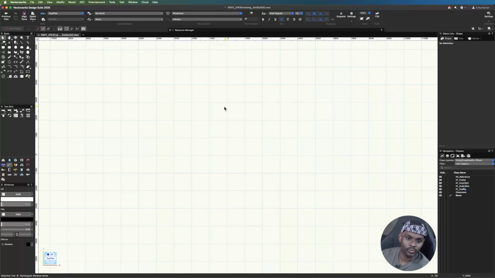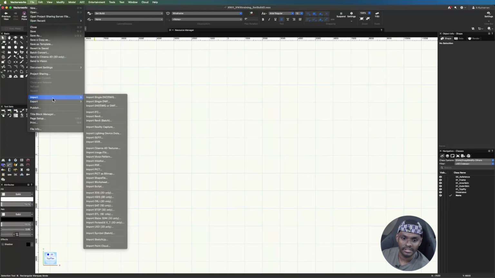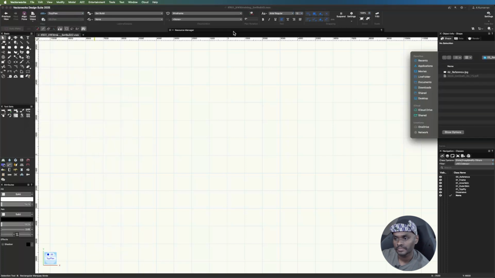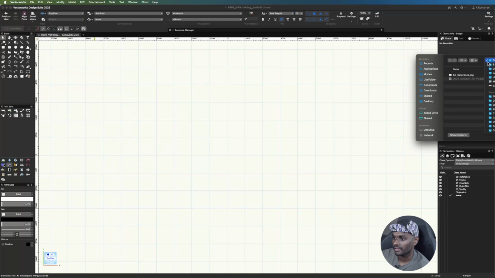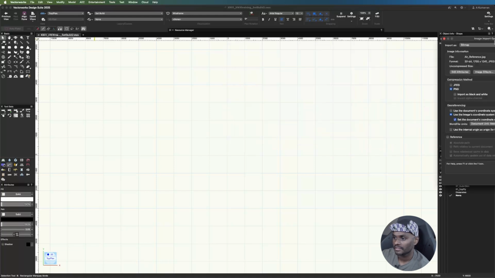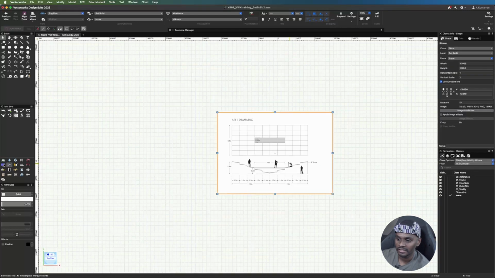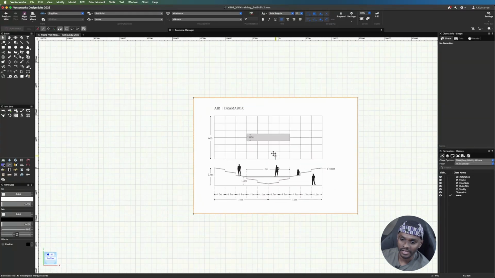Okay, and with that out of the way, I'm going to import in my reference object. So I'm going to do that by importing in an image file. And I have my file over here. So I'm just going to import this in. Because I'm not going to be tracing this out point for point, it doesn't really matter what I'm doing over here. So I'm going to leave things as is and just hit OK,